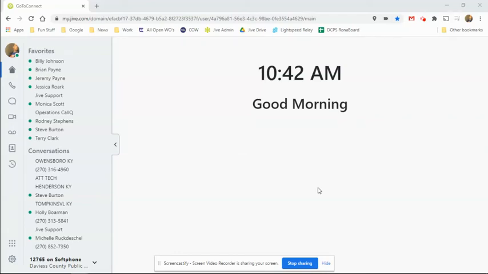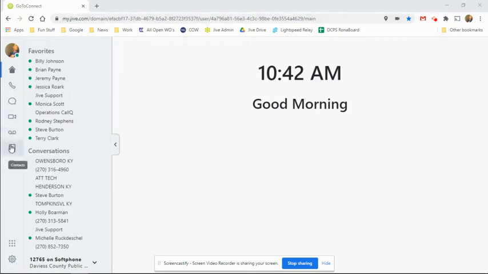So once you have created your Jive web account, you've logged in with your email address at my.jive.com, and you have the soft phone application running on any web browser. You can also download a Windows app. You can download an application for your cellular phones. Anywhere that you have data, you can download some sort of connectivity. In this case, I'm using my web browser,